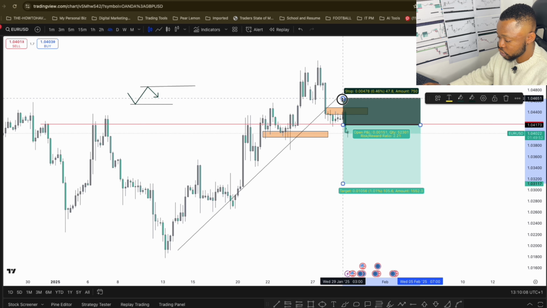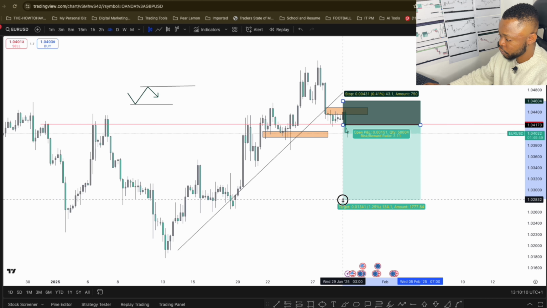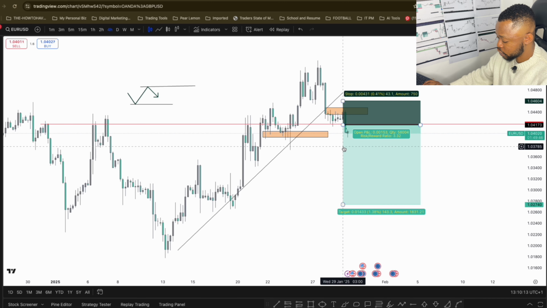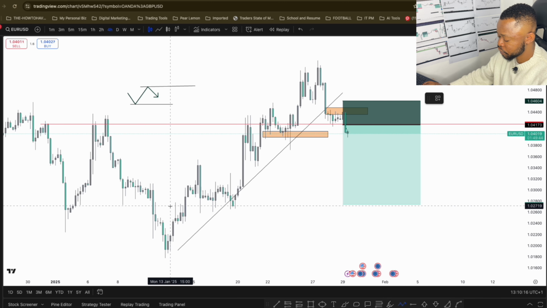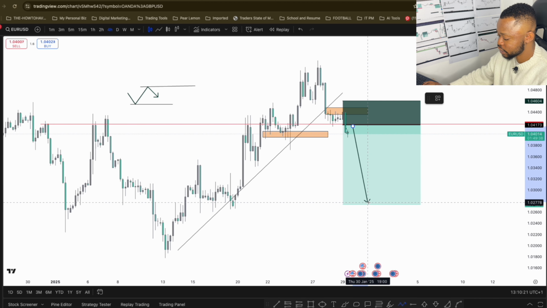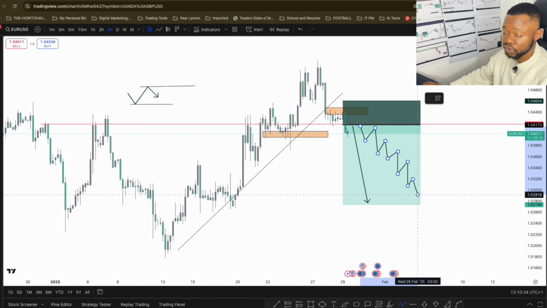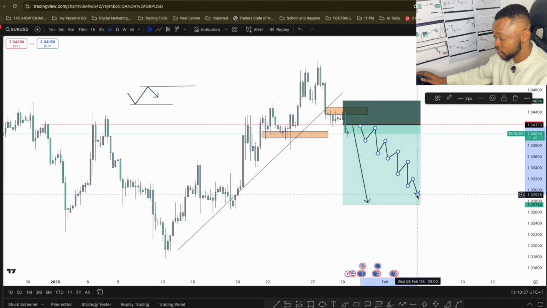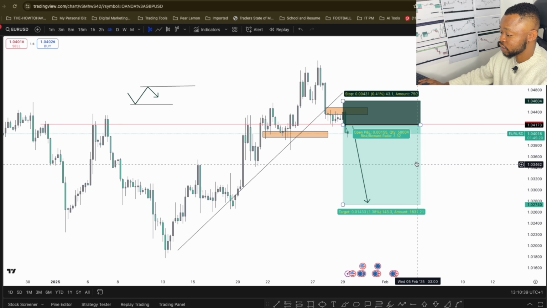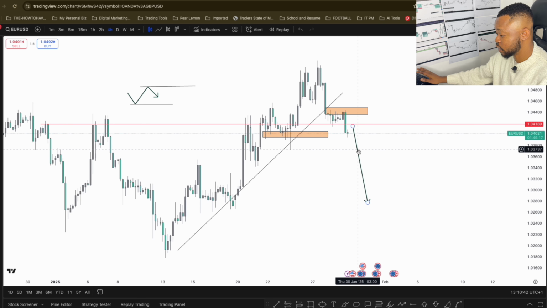I'm holding positions, maybe I'm looking for a 1 to 3, and this can take time, because if you look at how price moves generally, you can see that you can't expect price to just come all the way down. It doesn't work like that. Price has to come down, go up, and continue to do things like this. So as a swing trader, you're going to hold trade for maybe 2-3 days, 4 days, maybe 1 week, and you're comfortable doing that. And why I like being a swing trader, it just gives me freedom to do any other thing during the day and not just keep myself stuck in the market.